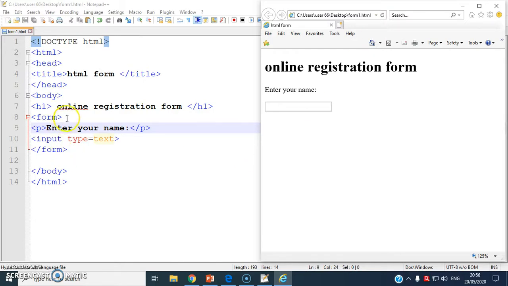Because you must have observed in the heading tag as well as the p tag, I have not used anywhere a break tag, but still the text is pushed to a new line, because the heading tags and the paragraph tag, both of them are block level tags, and they consume the entire width of your browser window. I'll repeat, the heading tags and the p tag consume the entire width of your browser window. So the text or the tags next to it are pushed to a new line. Okay, I hope you all are understanding.